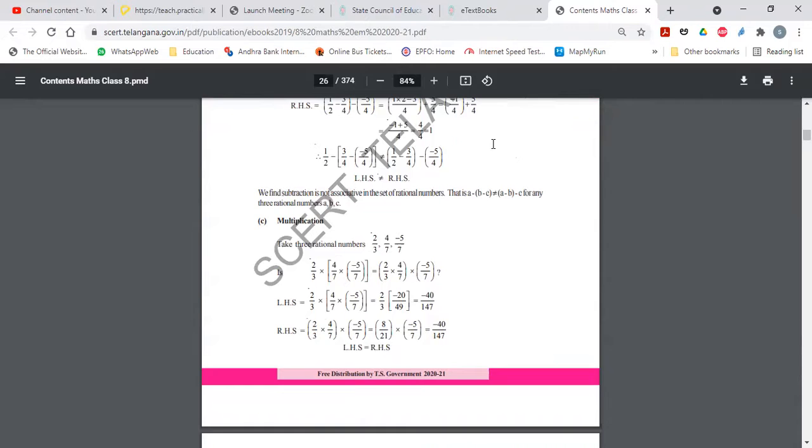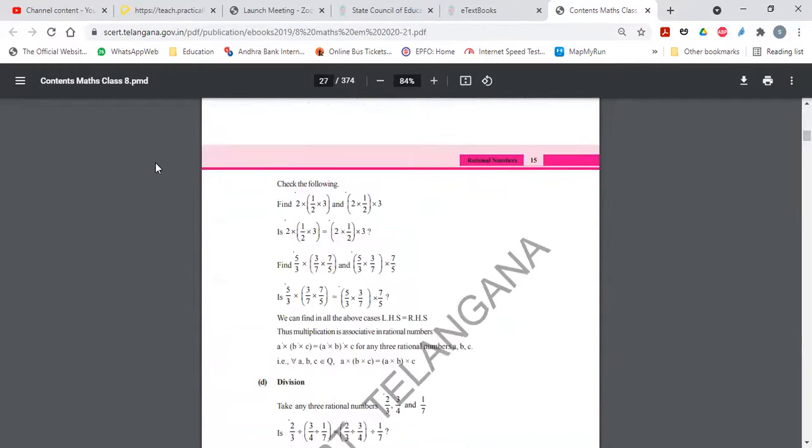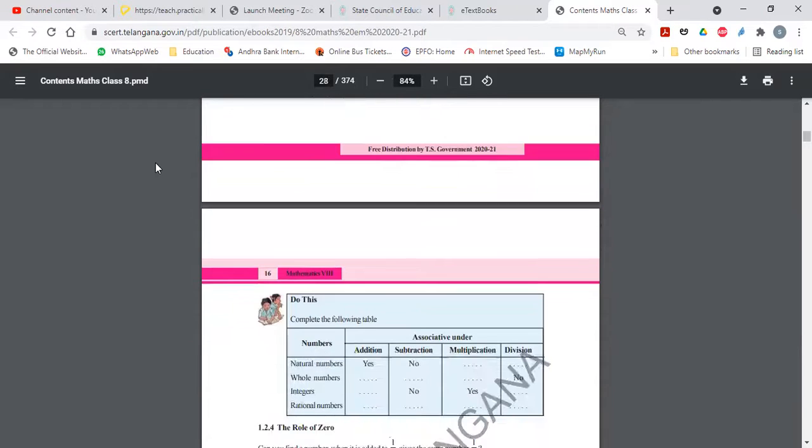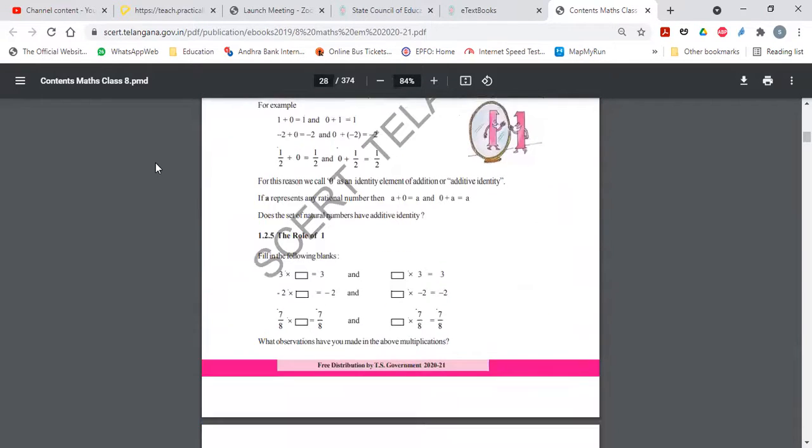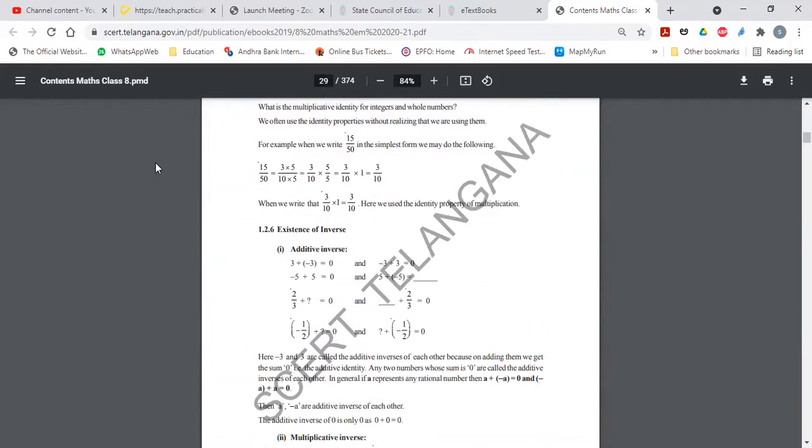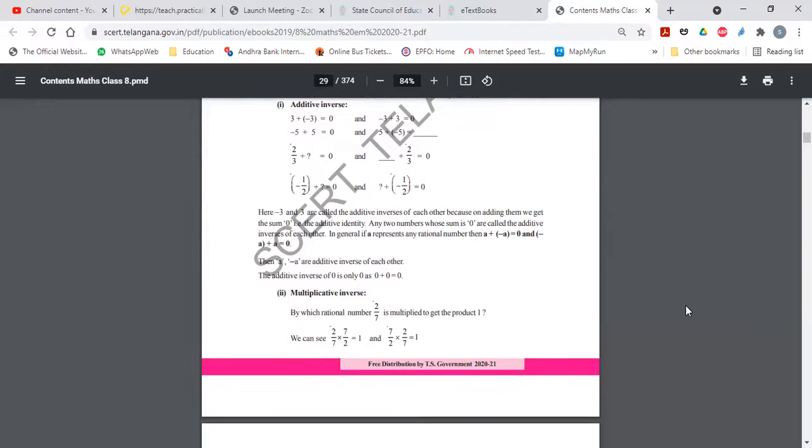Sir, I didn't attend your last class, sir. Swishma, sir, we have to discuss the inverse property, or is it also over? Sir, your voice is louder. Sorry, sir. Is it okay now? Yeah, okay. Inverse property we have seen. Vijay, a little louder, Vinay. Sir, additive identity and multiplicative identity, sir. Yeah, that is over, right?